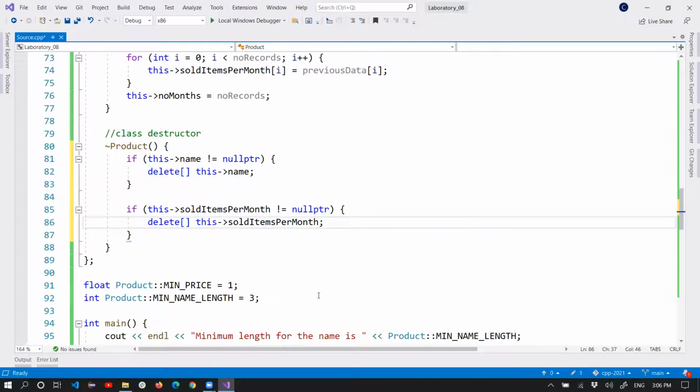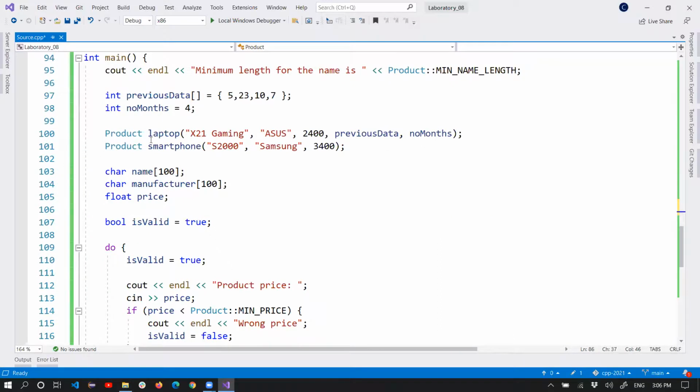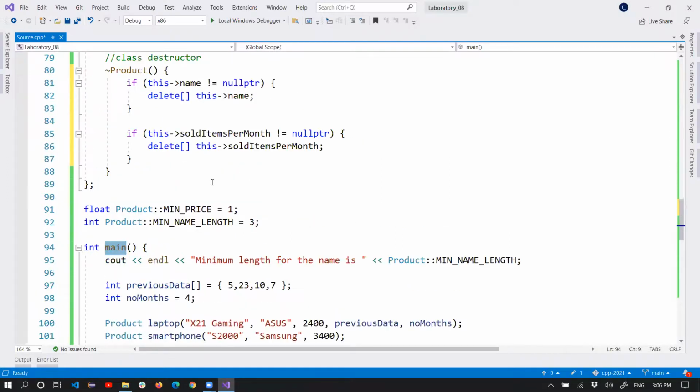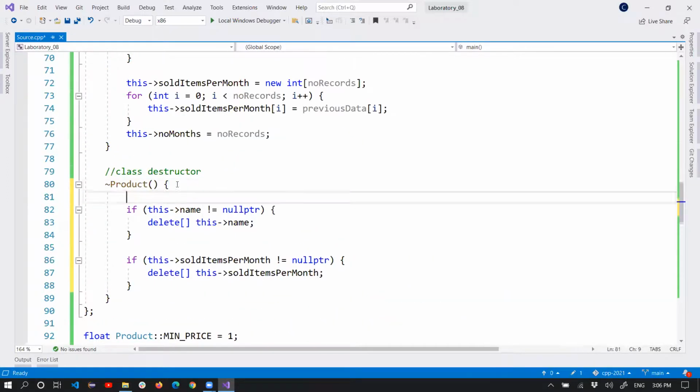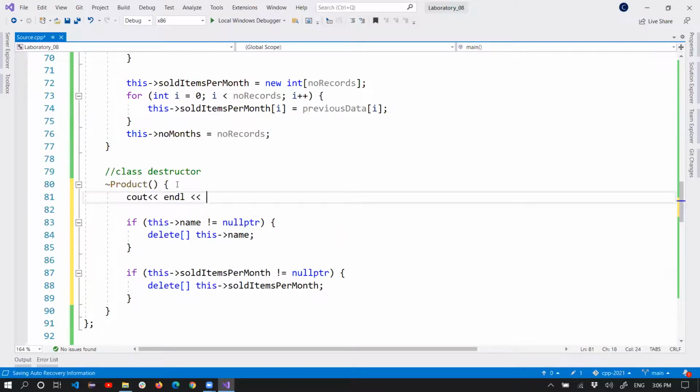Now you will say, yeah, but who is calling the destructor? The destructor is always called automatically when the object is destroyed. So you may say, so are these 3 products destroyed? Yes. Why? Because the main function stack will be terminated. And let me show you the proof. So if I print here a message, cout endl, the product destructor,